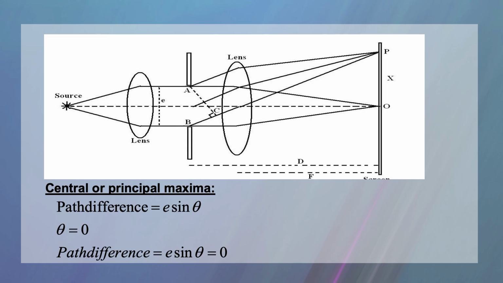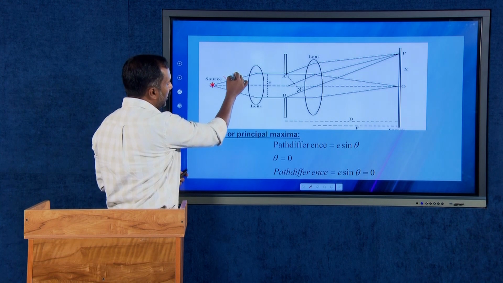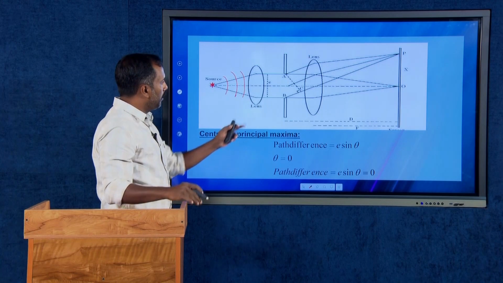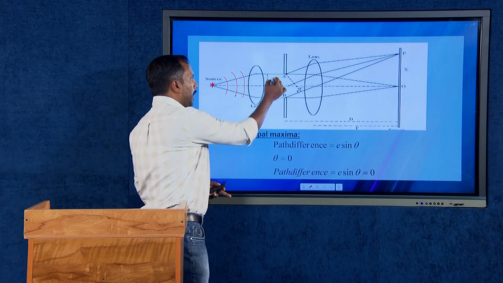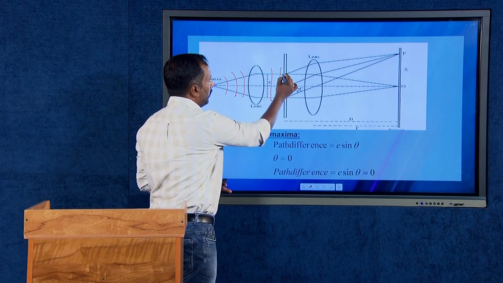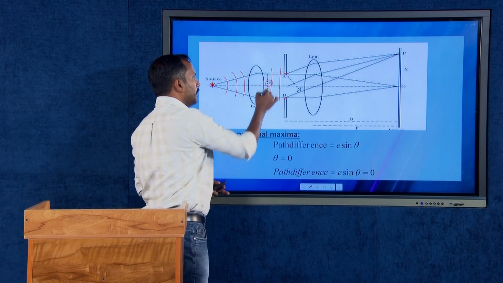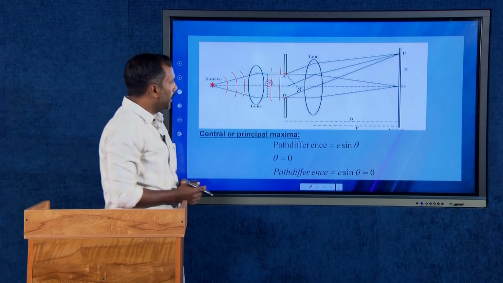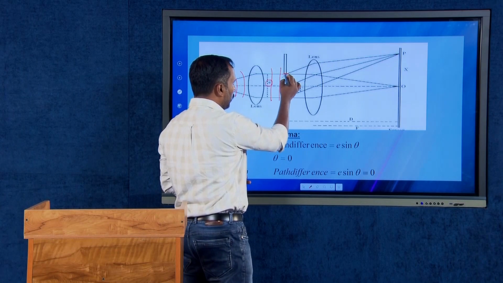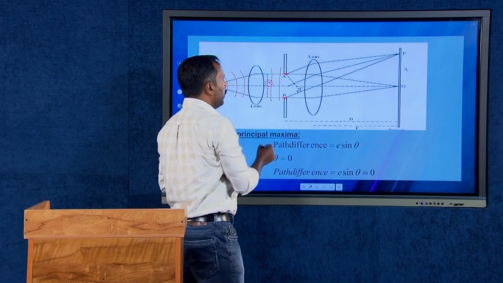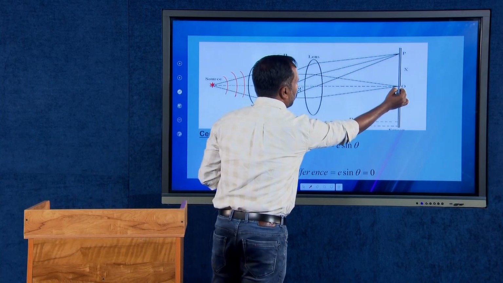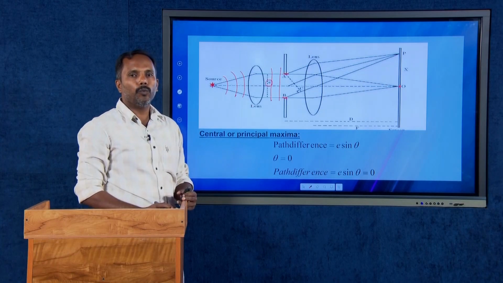Well, this was the picture we have discussed. This was the pictorial representation of the single slit diffraction. Here we have the source of light. We are considering a slit as a source of light, and that slit is perpendicular to the plane. Therefore, we get a cylindrical wavefront that is incident on the lens, and the lens makes it a plane wavefront. That plane wavefront is incident on this slit, and we consider the slit width as e. Now, the wavefront through the slit AB without any deviation will focus at point O, and at the point O we will get the